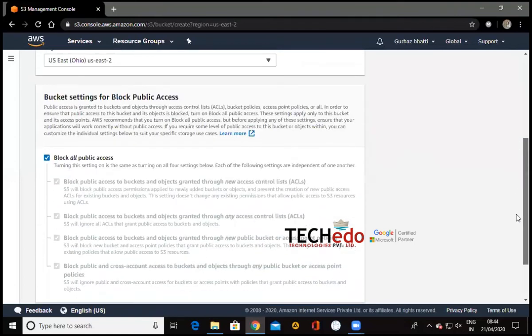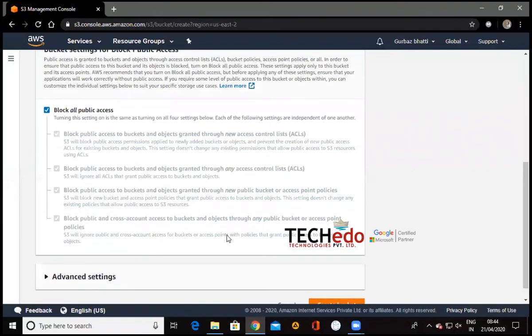The next option is what type of access you want your bucket to have. We can control the access to the bucket with the help of these checkboxes. Let's try to do one thing. Let's uncheck block all public access.